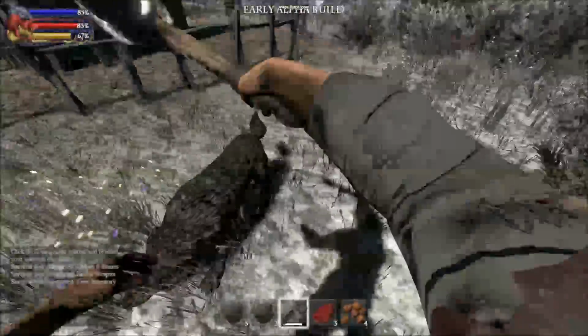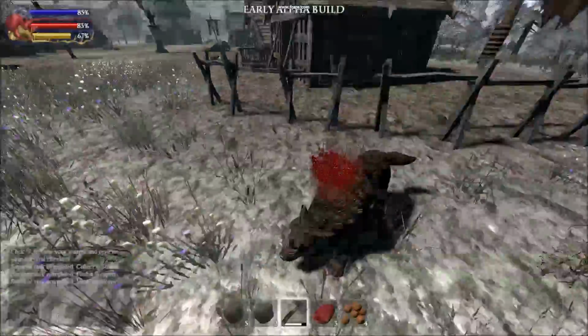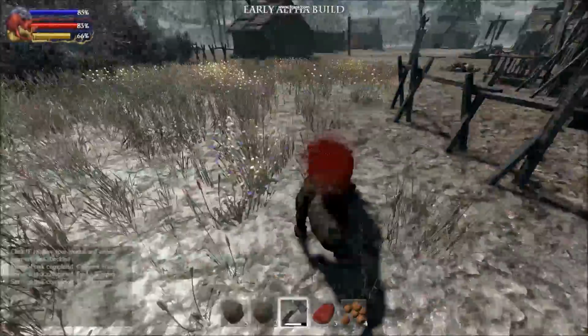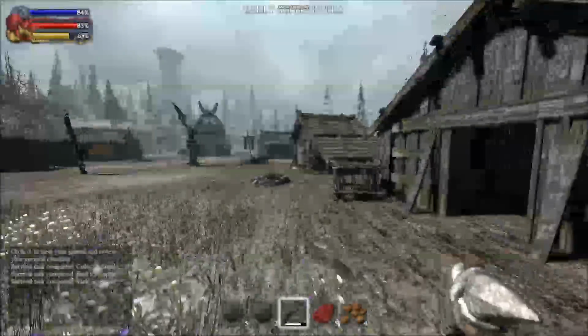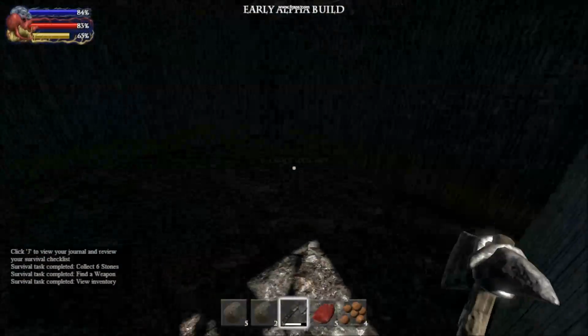Move around in a circle. Keep slashing. He might occasionally hit you. Still got 83% health. It's nothing to worry about. So what's in this town? Okay, well, to let you know,